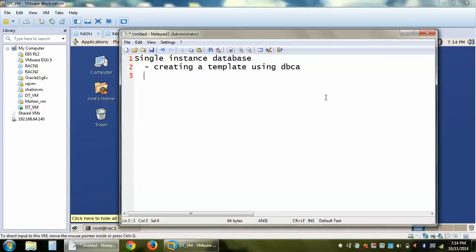machine, and next I'll be copying the template files to a RAC node. So you can copy to any node. It's not specific, like you will have to copy to node 1 or node 2. You can copy it to any node, and once I copy it there, I'll again use DBCA to create the RAC database. So basically, you might be wondering how we can use DBCA to clone the non-RAC to RAC